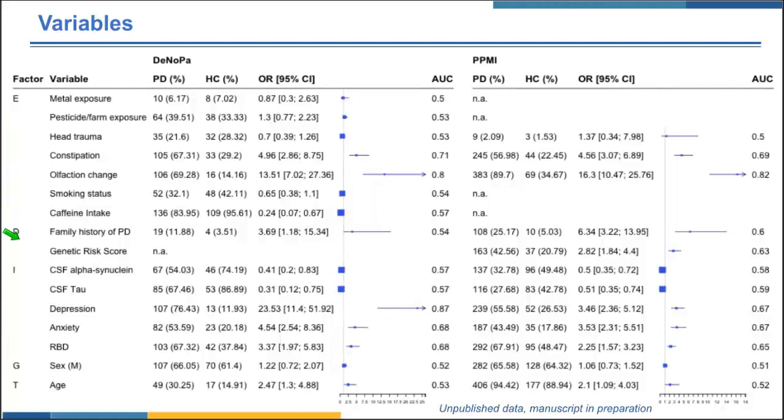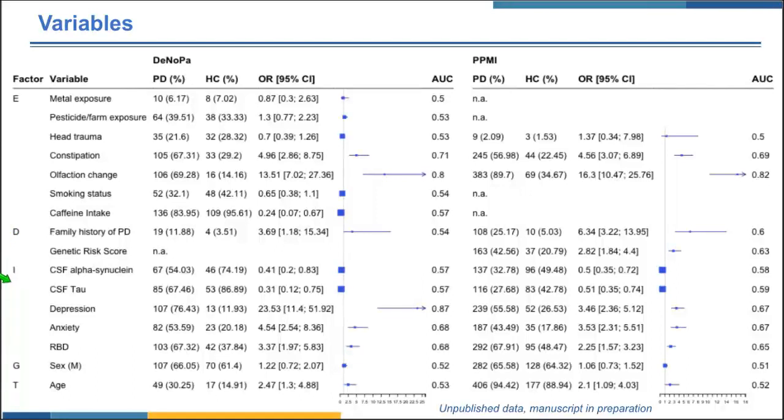Later, for factor D, we have family history of PD and also genetic risk score. Right now, more and more people are having their DNA tested, using 23andMe or other companies' products, so more people know about their genetic risk. If you don't have your DNA tested yet, doctors can use family history as a surrogate. If you have family members, especially first-degree relatives like your mother, father, children, or siblings, that might be a strong risk factor for the individual having PD.